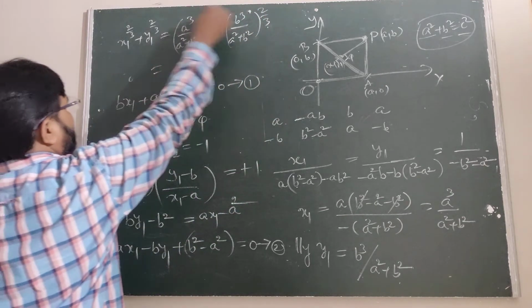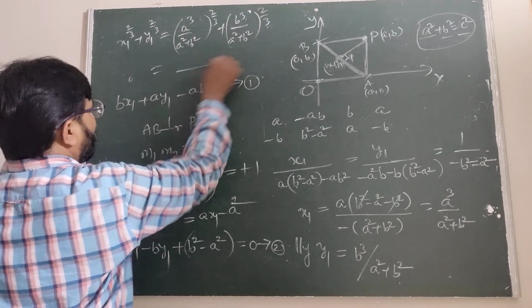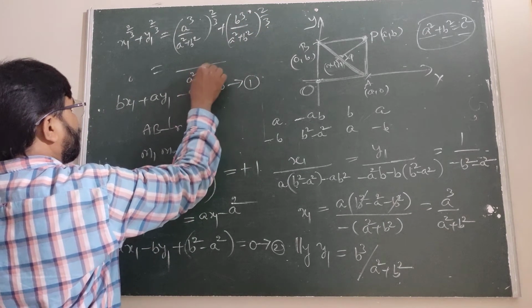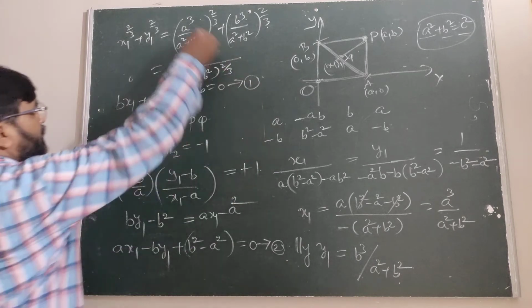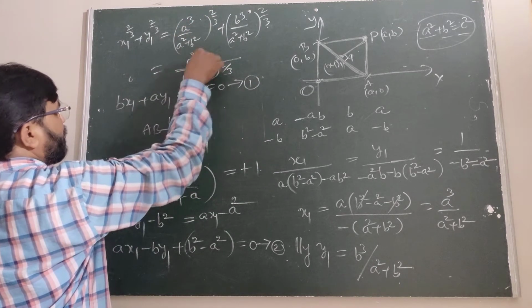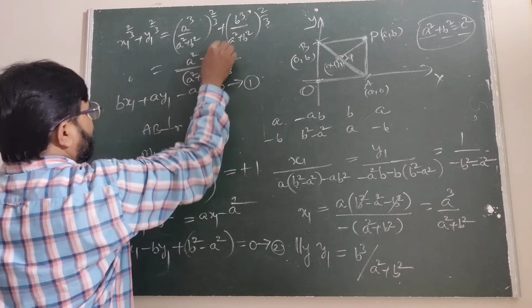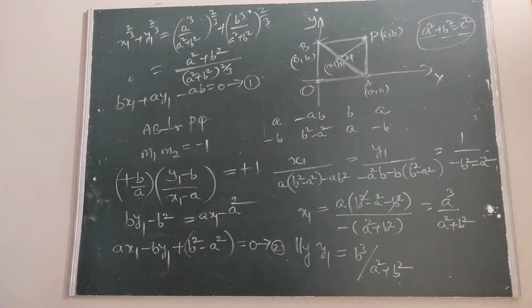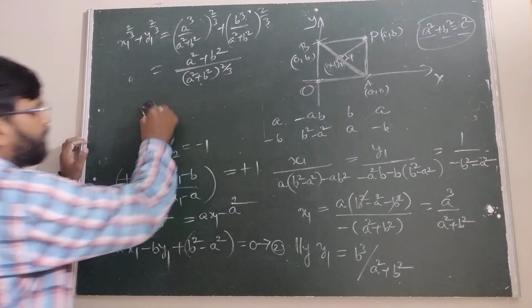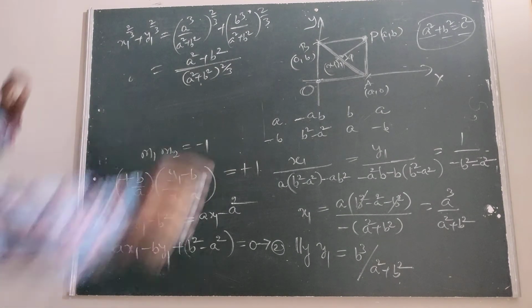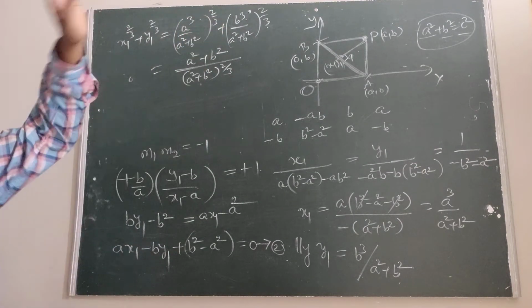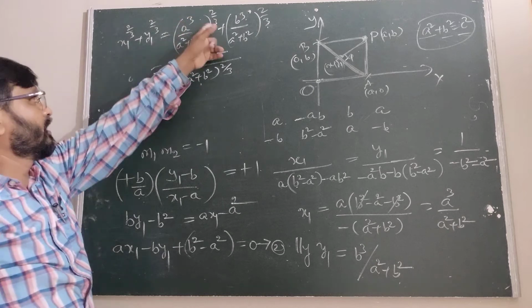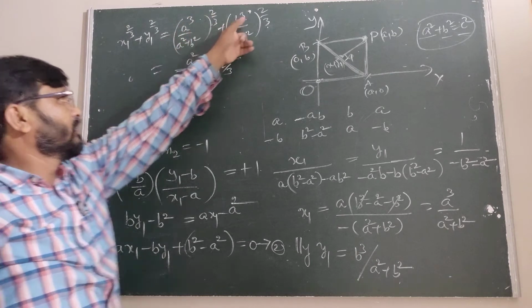Now 3 cancel, there 3 cancel. We are taking a square plus b square whole power 2 by 3. Therefore, the remaining is a square. Here 3 cancel, the remaining is b square. Now we can write a square plus b square by, is it clear? The a square here, cube and this is cancelled. A by b whole power m is a power m, b power m. 3 cancel, here there is a square, here there is b square.